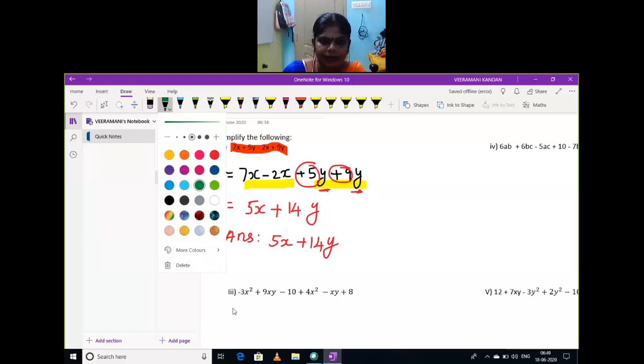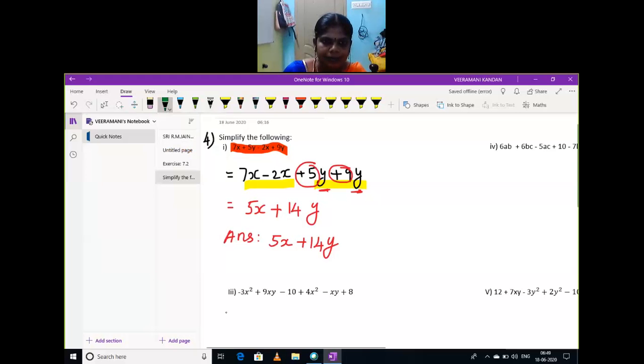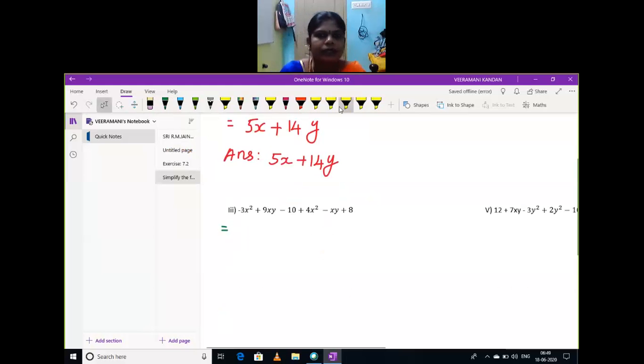The next question. Look at the next question. 3x square minus 3x square plus 9xy minus 10 plus 4x square minus xy plus 8. Here three terms are there. It means x square, xy, constant. That I told. Okay, the whole expression is given. So we are going to add. Okay, first